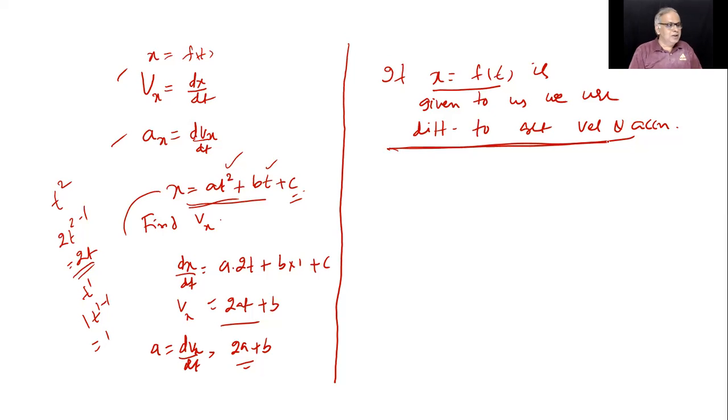Okay. Hello. So for that, the most important formula is that if y is x to the power n, dy by dx is n into x to the power n minus 1.